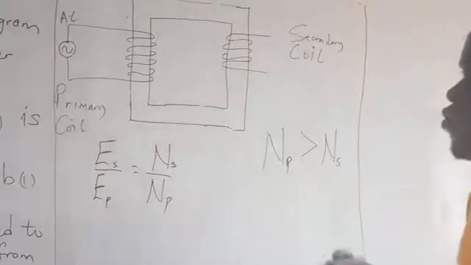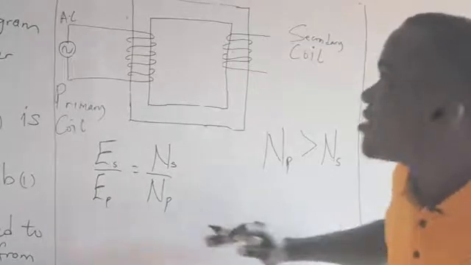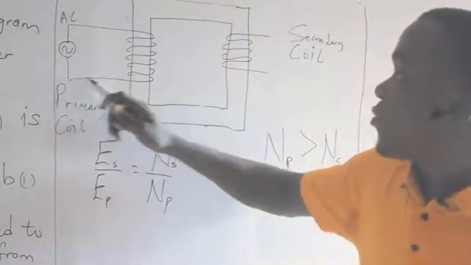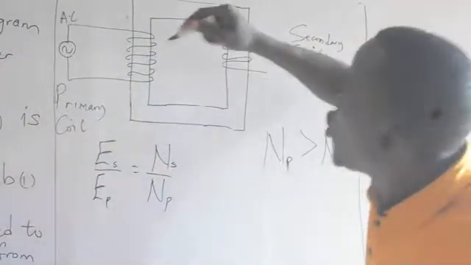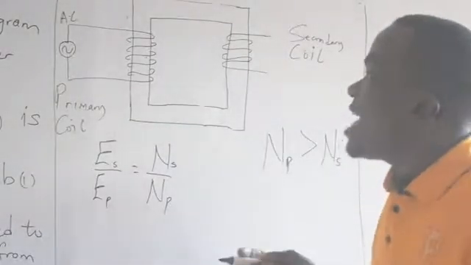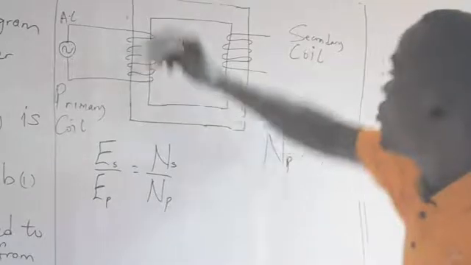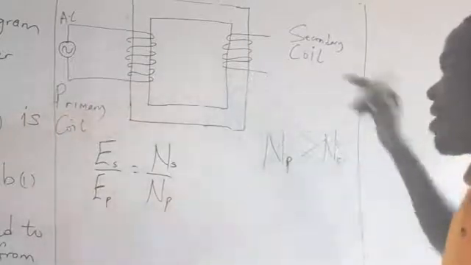Now, during the process of explanation, you should be able to write all these in sentences, starting from the flow of AC current flowing from here, entering into the turns. Now, during the process, the soft iron core will experience some varying alternating magnetic flux, and during that process, there is an induction in the secondary coil that will now release what?